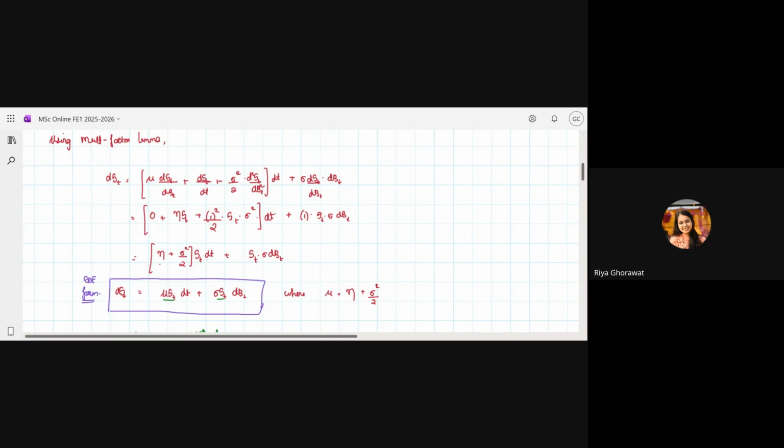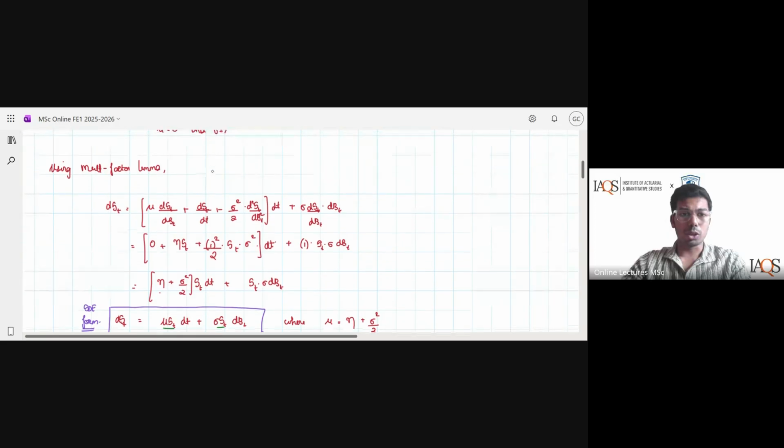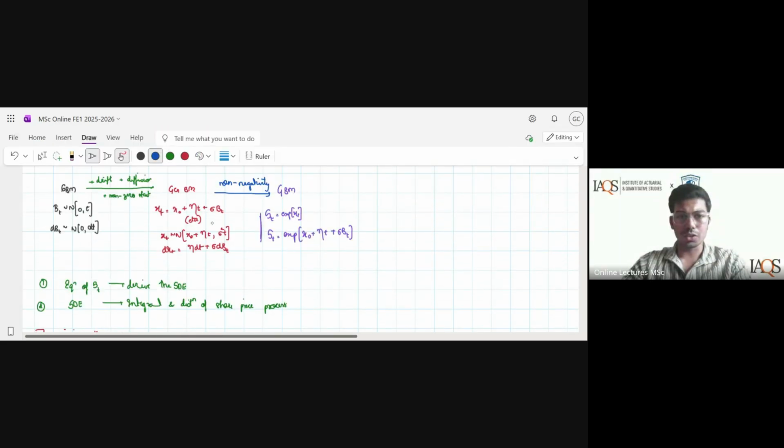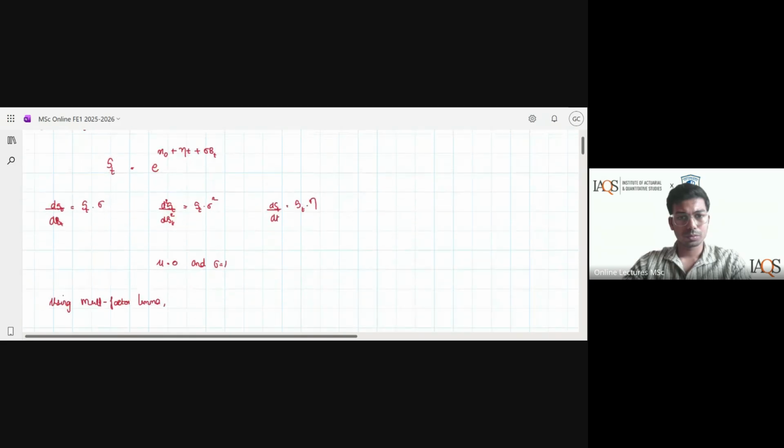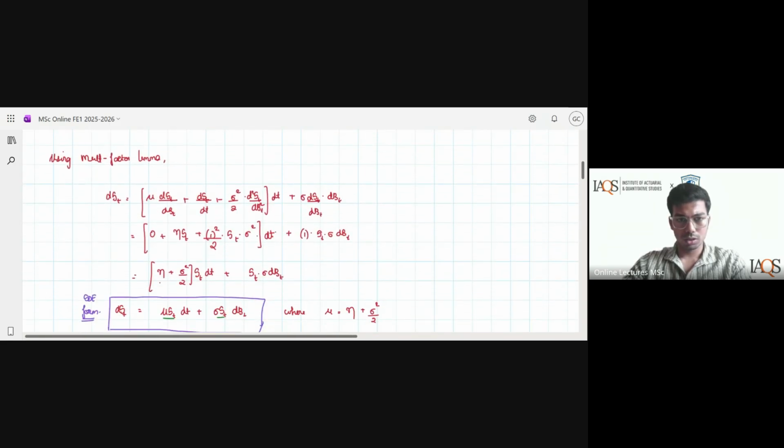Here we are assuming Bt is the standard Brownian motion. Yeah, because when we took the equation of general Brownian motion, I took Bt only as the standard Brownian motion only. Understood?